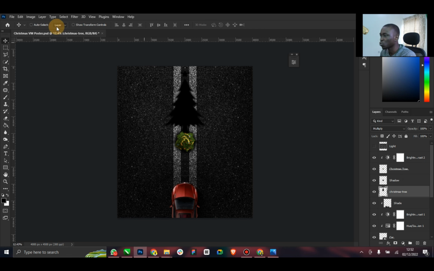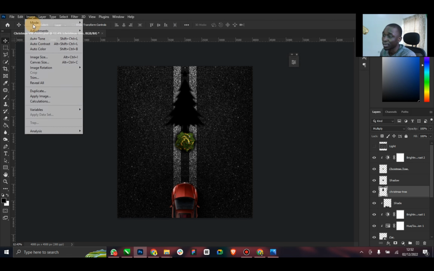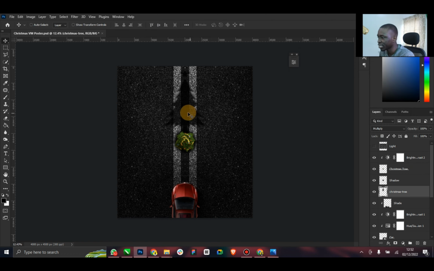But I prefer that we just work on the contrast itself. So we can see contrast now, or brightness itself. Oh, sorry, not brightness, hue and saturation. What we want to do is we want to make it less black. So we'll increase the lightness like so. Then reduce the saturation. If you increase it totally, you won't see anything. If you reduce, so we want it to be something like this, right? Since it's multiply,